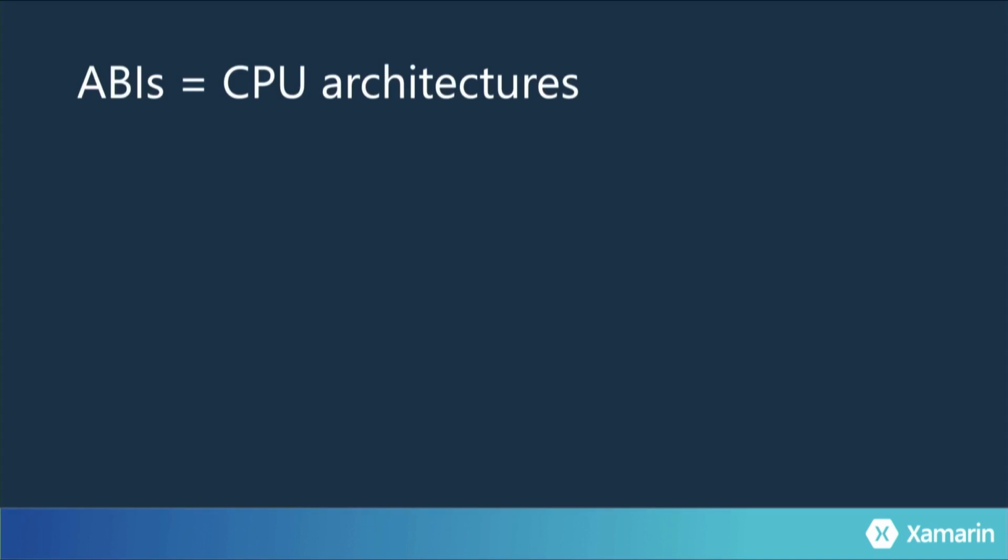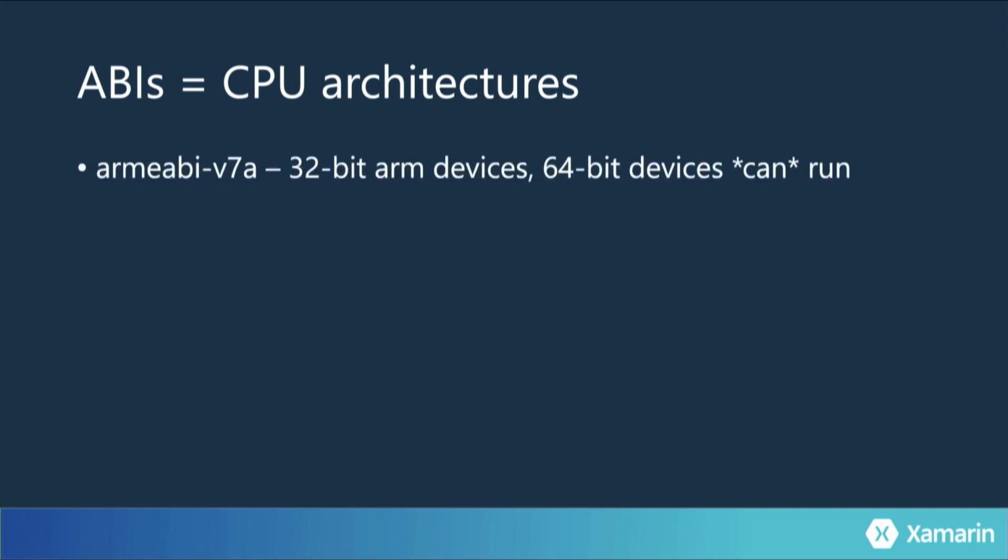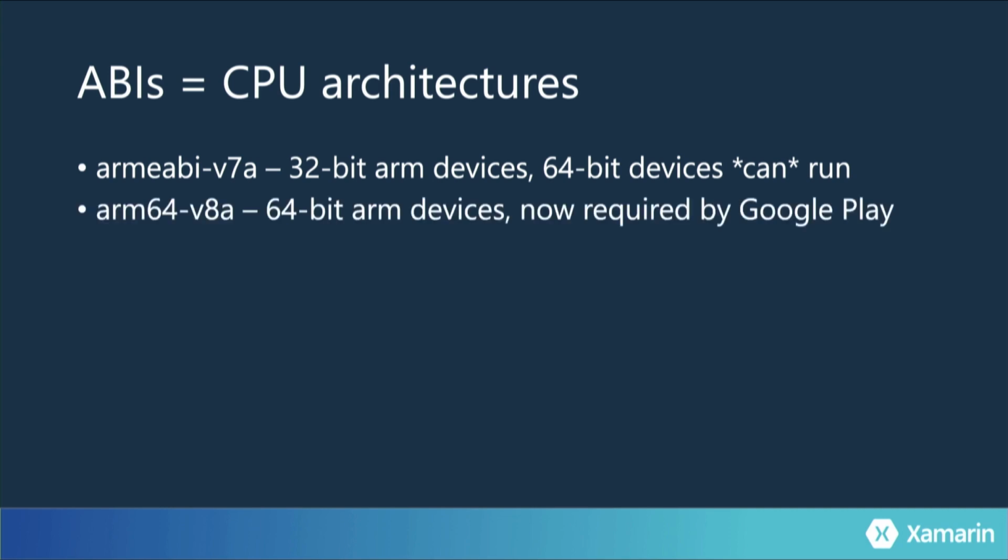One last confusing thing is an ABI. You may have heard this word. It's on the advanced screen, right? And it stands for some Android something binary interface, whatever. But it's basically a CPU type, right? And you've seen these words if you've looked in our options menu, like armeabi-v7a. That's just a 32-bit ARM device, like a phone, right? And there's also a 64-bit version of the same thing, which has another weird, confusing name,